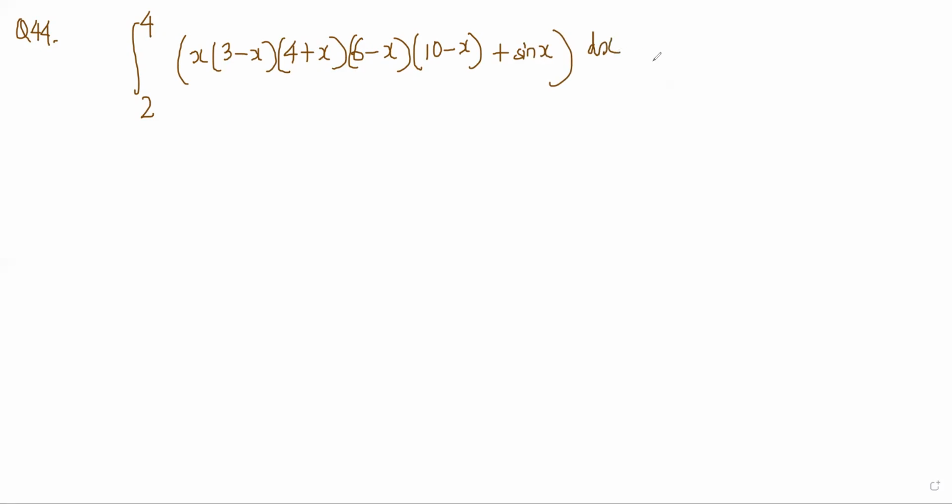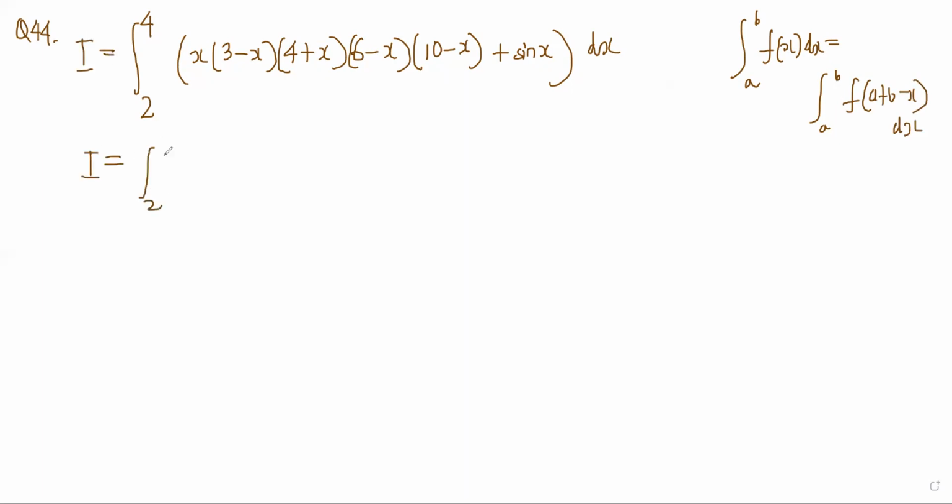So obviously you notice the limits are weird. It is 2 and 4. So maybe I have to use some property like this: the integral from a to b of f of x dx should be equal to the integral from a to b of f of a plus b minus x dx. If this is I, I have another version of I, from 2 to 4, where there will be 6 minus x everywhere there was an x. So we'll get 6 minus x, 3 minus 6 minus x,